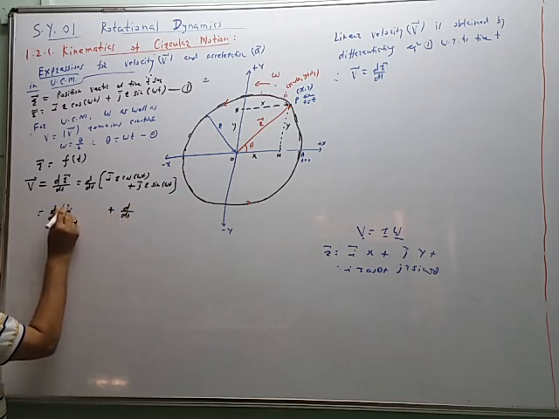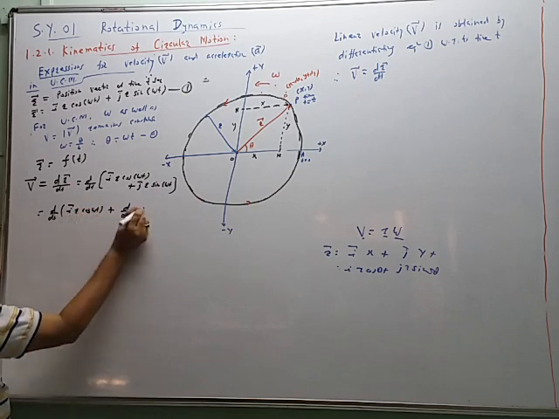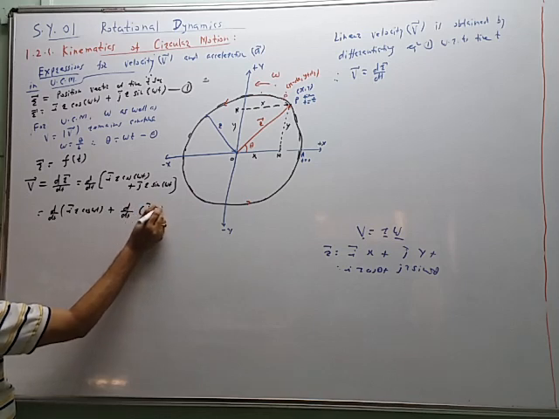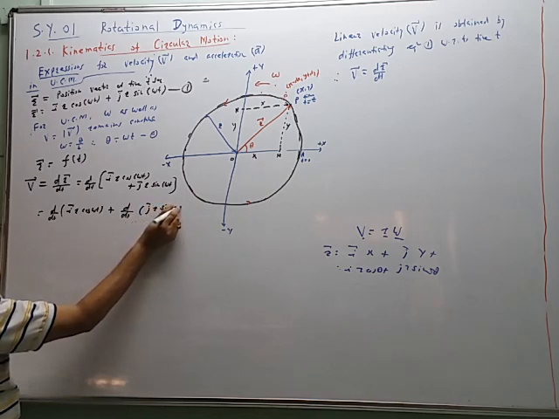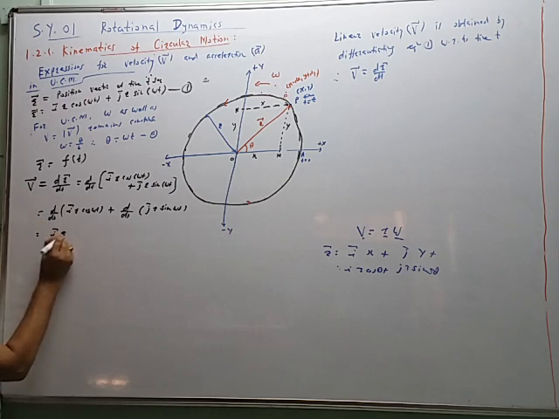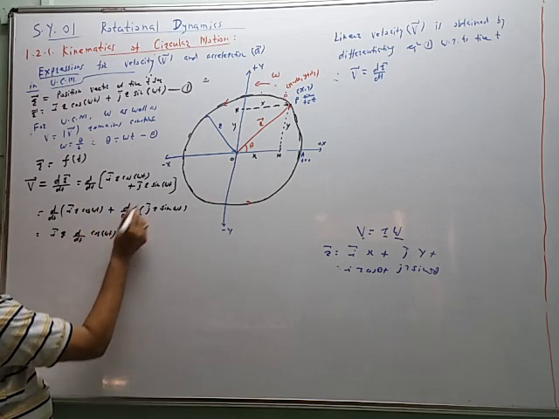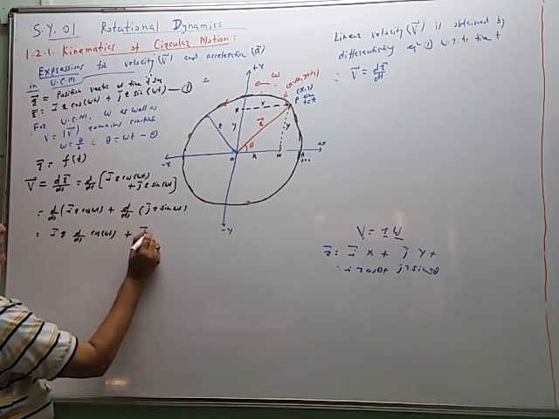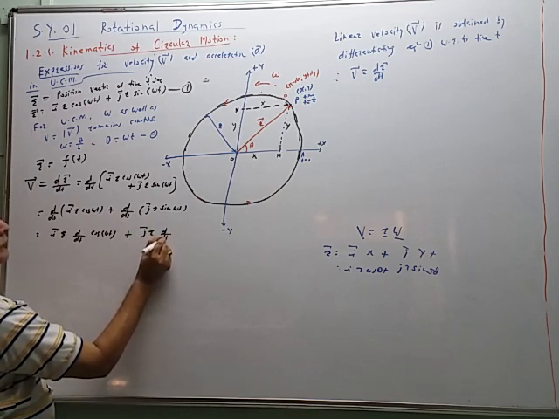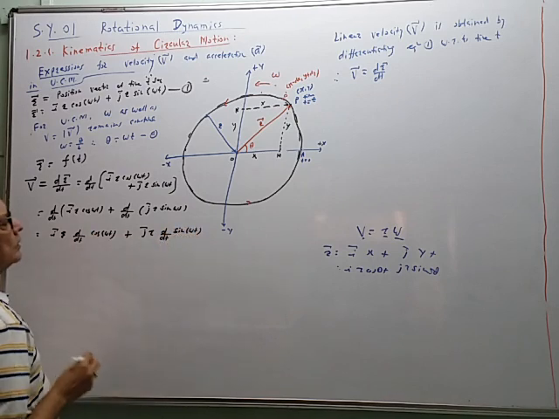So the first term is r cos of omega t. The second term is j r sin of omega t. Now i is a unit vector, constant and independent of time t. There is no change in magnitude and no change in direction of i with respect to time t. The radius of the circle is constant. So only d dt of cos of omega t has to be differentiated. The same will happen in the second term. j is constant independent of time t, r is constant independent of time t, and we have to take the derivative of sin of omega t, like this.